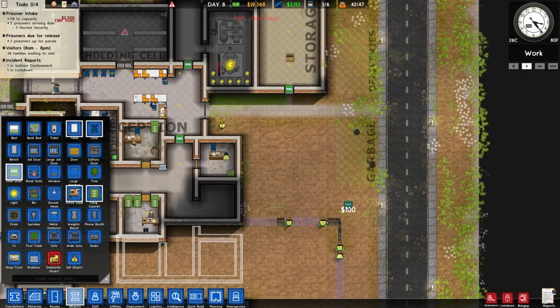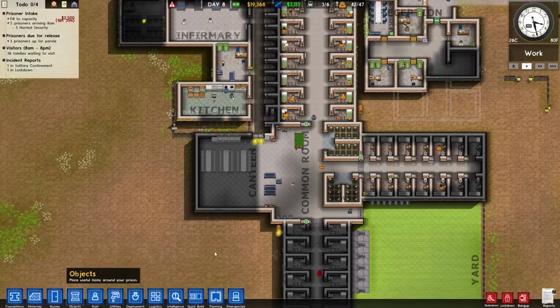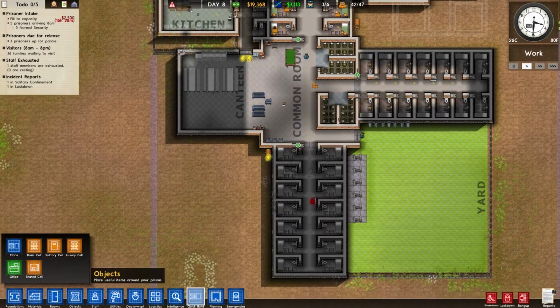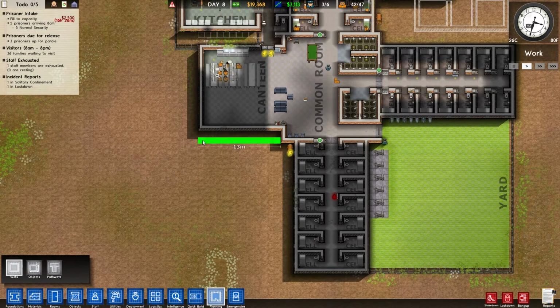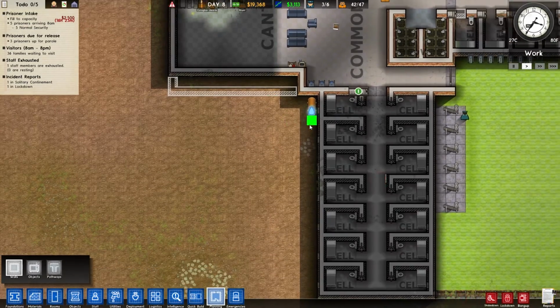This is nothing for now. We could always make this like an export center, and we'll run into that when we need to. Right now, we don't. We do need more cells down here. So what I'm thinking is that we'll add another wing off of this. Since we already have all of this facility up, we'll expand the canteen out a little bit, and then we'll...